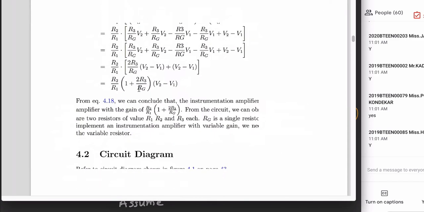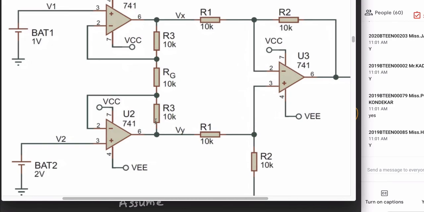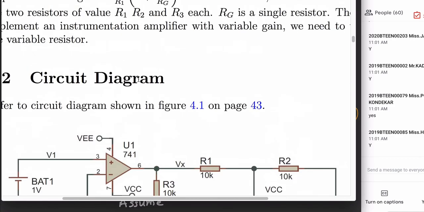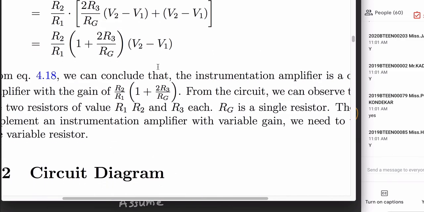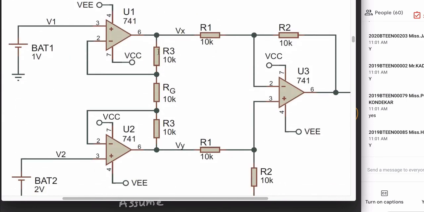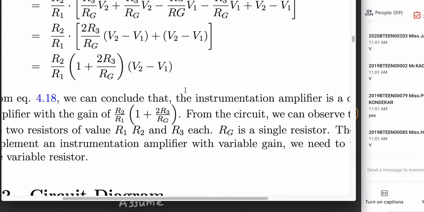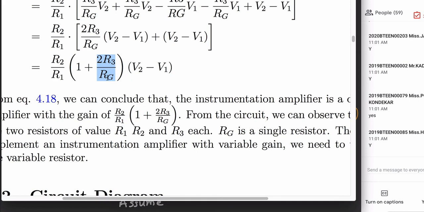Now where is this RG resistor? RG resistor is the center resistor. So this resistor is allowing us to change the gain. If you consider R2, R1 and R3, they are in two quantity. R3, 2 are there. R1, 2 are there. R2, 2 are there. Okay, so they are all two pairs. लेकिन RG single है. So using single resistor you can alter the gain RG. That's why it is named as RG, the resistor which is helpful to change the gain.